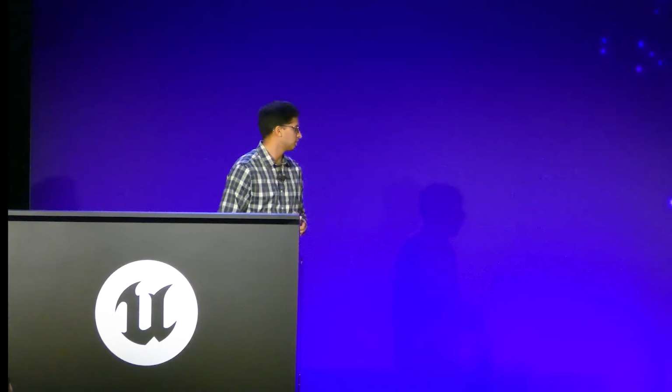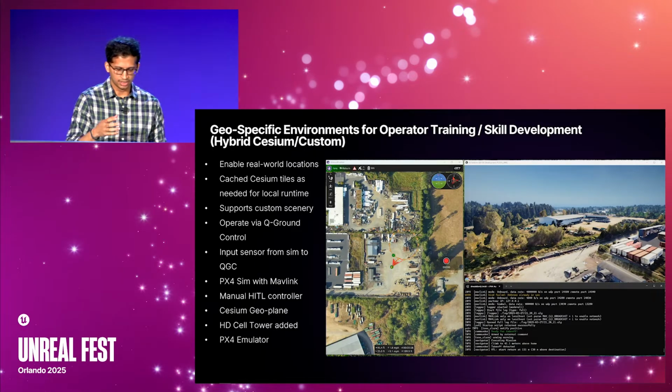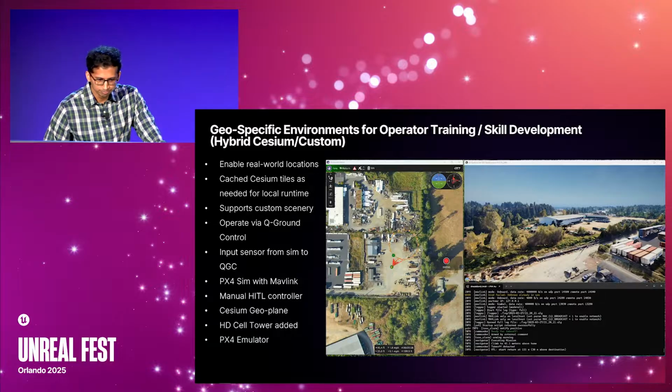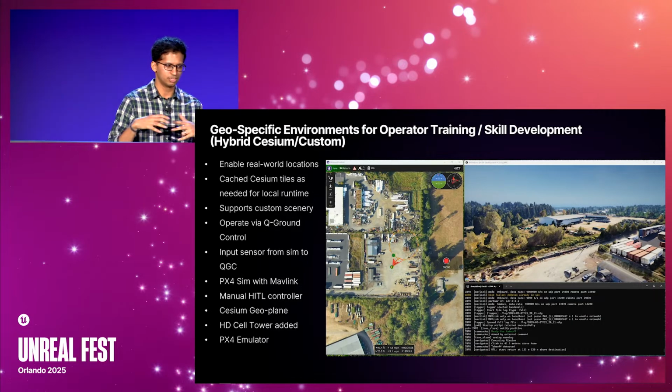In this particular case, there's actually hardware in the loop, so there is real hardware tied to the sim. At least the estimation of the dynamics is being driven by the real hardware through the drone PX4 stack. For those of you who might be in the drone space, you'll know. But it's another example of a hybrid of geospatial base scenery with some custom assets.